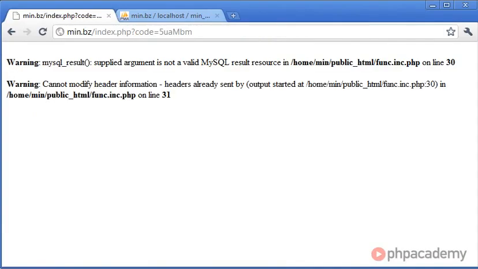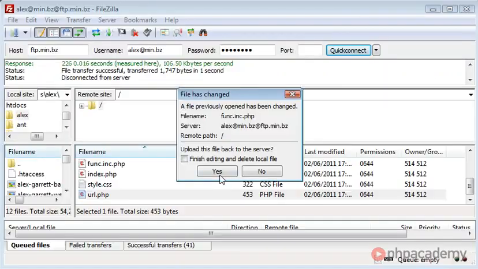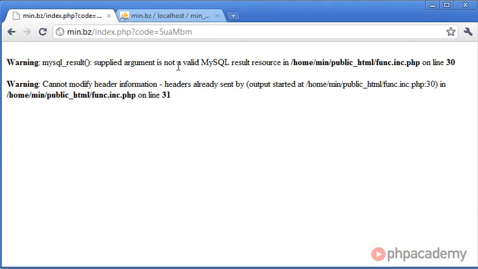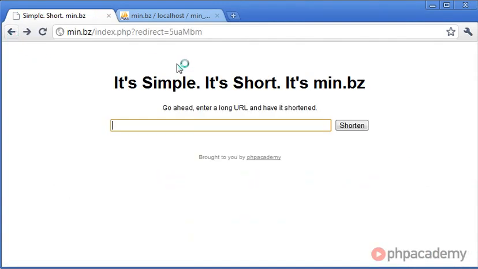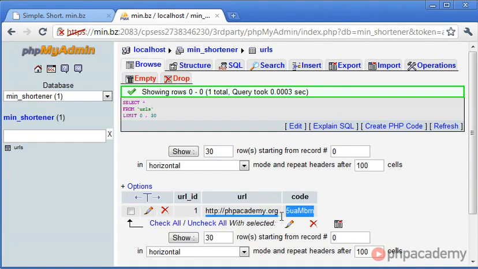Oh, okay, that might be because we're actually returning this error, and therefore that's automatically generated this error. So let's upload the changes, and we'll check if this actually works. So let's press enter. Okay, yes, so we're redirected to phpacademy.org. So now that we know that that's working, we know that we are successfully checking the code associated with the